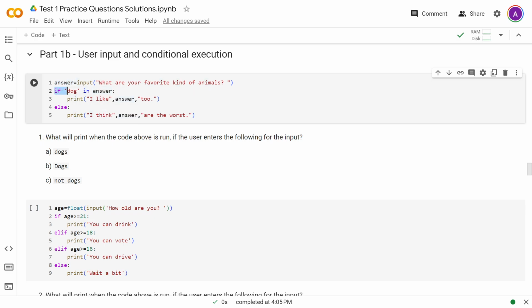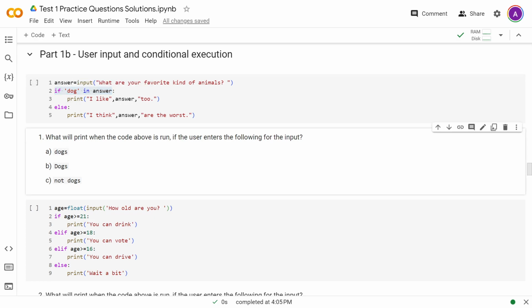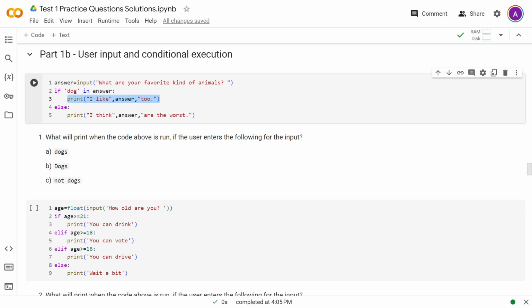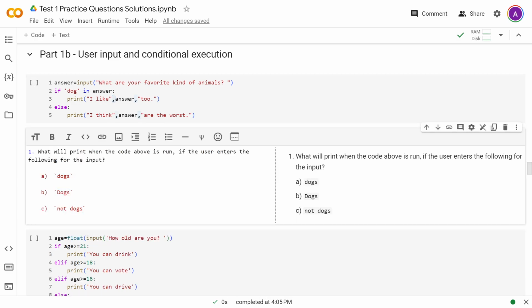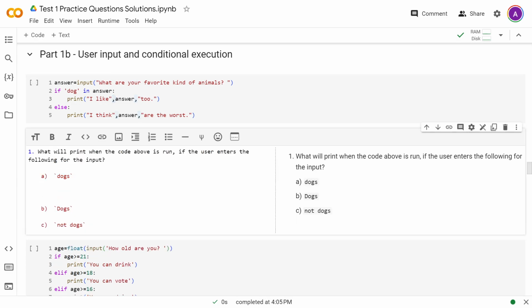So down here, we're then checking if dog is in that answer that the user had given us. And remember, it's case sensitive. So is lowercase dog in their answer? Yes, it's the first 3 letters, so it is in there. In that case, Python is going to print I like, comma, answer, comma, too. Remember, when you print multiple things with commas between them, they all print out on the same line, with a space put between those things. So what's actually going to print out here is